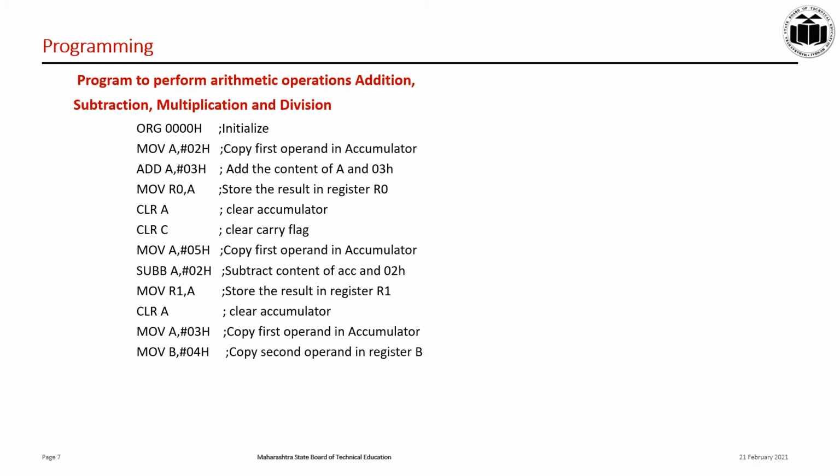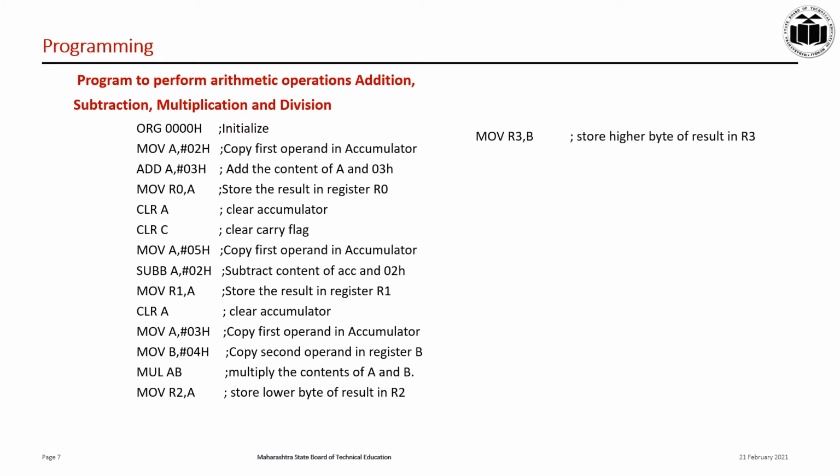and value 04H in B register by using instruction MOV B, #04H. MUL AB instruction is used to multiply content of accumulator with register B. After multiplication, store the result, lower byte of result in register R2 by using instruction MOV R2, A and higher byte of result in register R3 by using MOV R3, B. Then clear accumulator. For division, first store first operand in accumulator by using instruction MOV A,